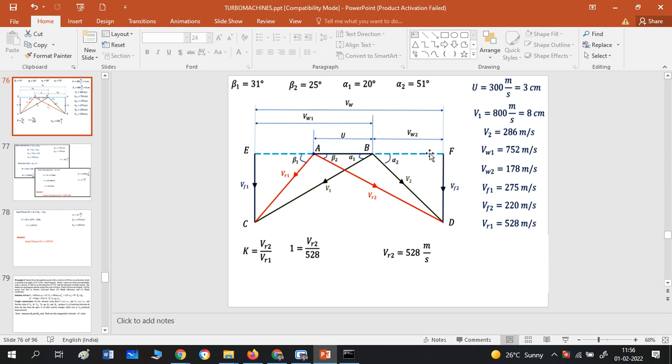So draw one horizontal line. Draw the velocity triangle either on the bottom side or the top side. Either on the left side you can show the inlet velocity triangle, or on the right side, depending on you. Anyhow you draw the scale, depending upon the scale and depending upon how you have considered alpha and beta, you will get the results. So in this problem they have taken the left side inlet velocity triangle, right side outlet velocity triangle.